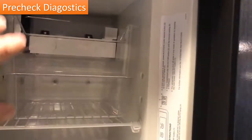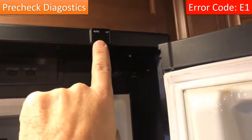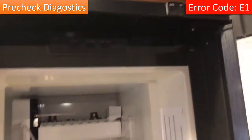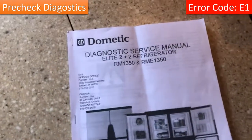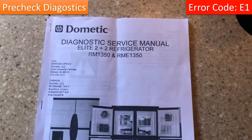Now, if it does not ignite on gas, you're going to get an error code up here. And in my case, I believe it was an E1. That was telling me from the service manual, which is downloadable online. You can search through here and you'll find the error codes, and that will tell you which component to focus